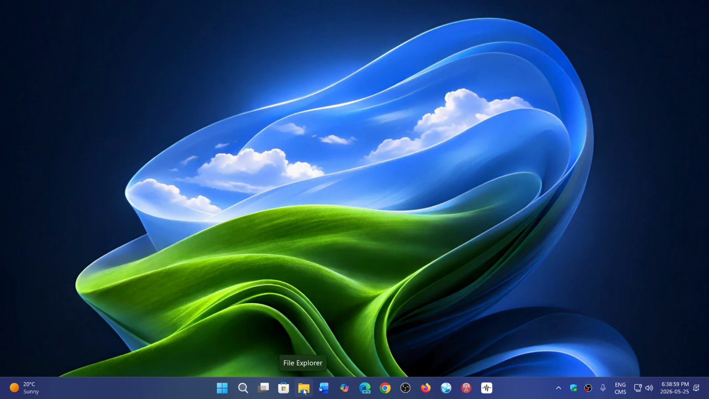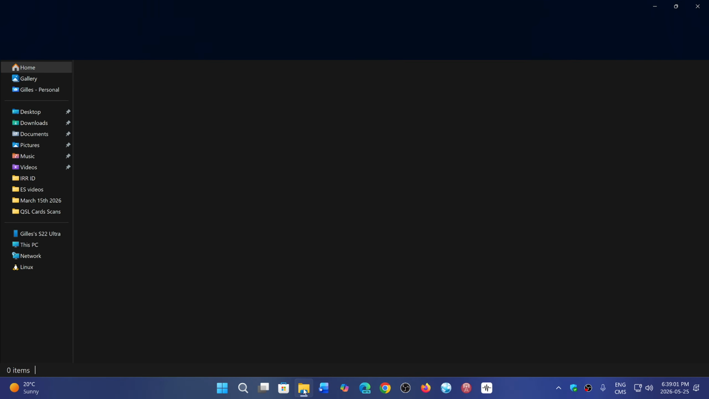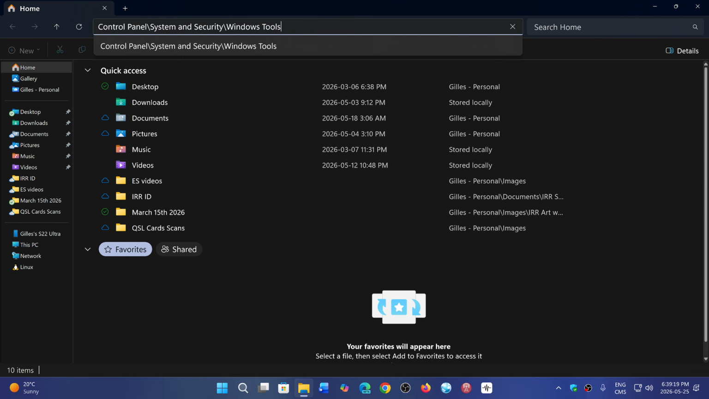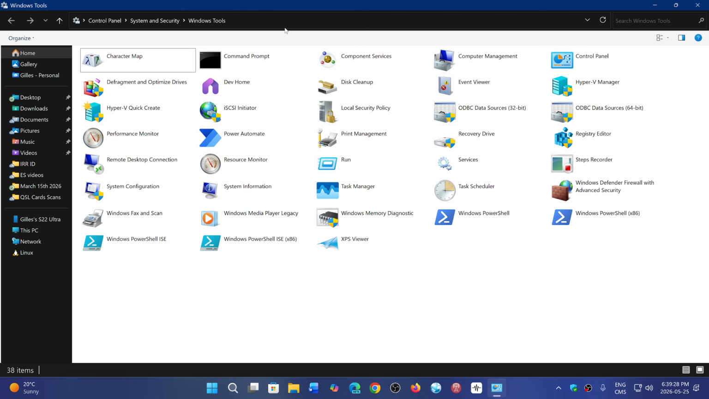So I will share the link or the sequence that you have to go to in the File Explorer in the folders to access this thing. If you go to your File Explorer, and I have it here copied, so I'll paste Control Panel / System and Security / Windows Tools, press Enter, and you go into this menu with all of these tools: the character